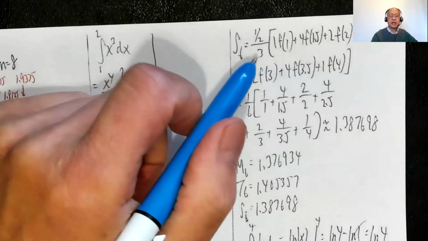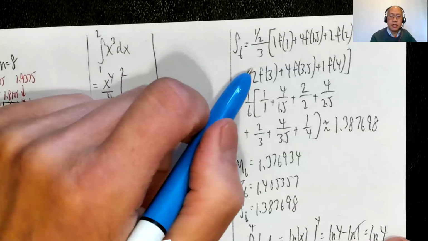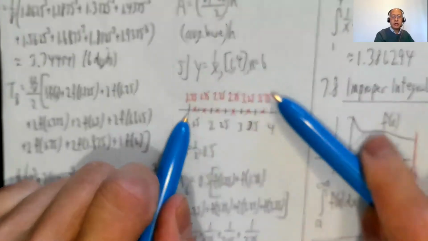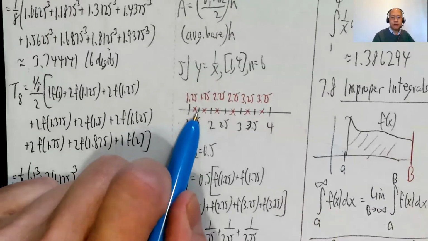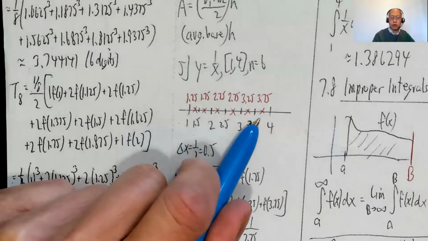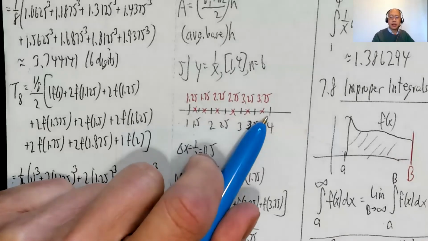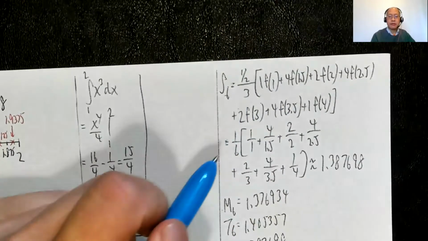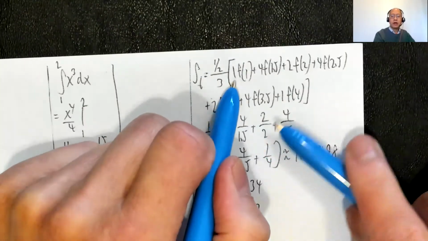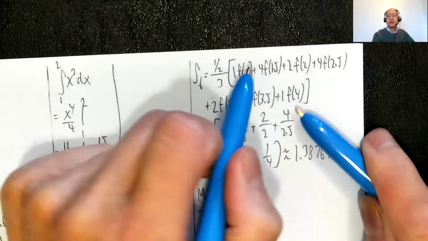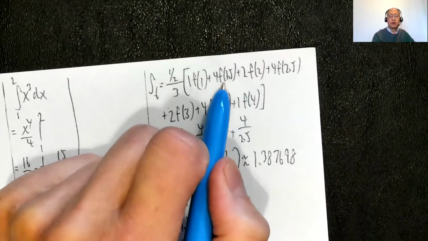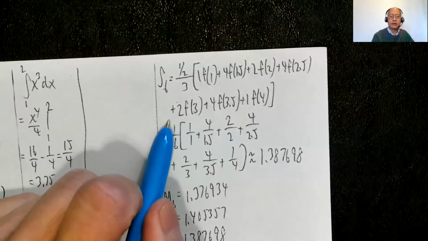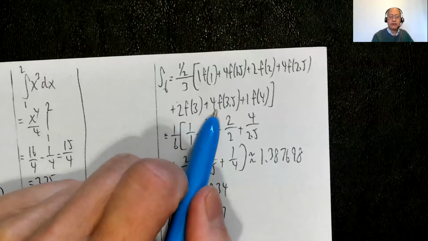Okay, S6, Simpson's rule, delta x over 3, 1/2 divided by 3. Use the same points. This is 1, this is 1, and then it's going to go 4, 2, 4, 2, 4. Second to the last one should be a 4, and then 1. That's always going to work if n is even. So 1/2 divided by 3 is 1/6. 1 for f of 1, 1 for f of 4, and then 4 f of 1.5, 2 times f of 2, 4 times f of 2.5, 2 times f of 3, 4 times f of 3.5, and then 1 times